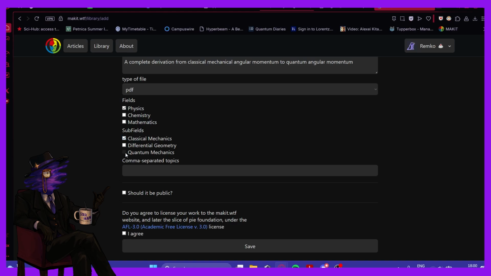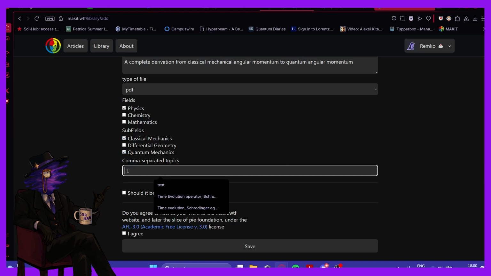This is actually going to be the first resource with multiple subfields, so they might look a bit off. Let's see if it works. Let's see what it looks like. Then topics. Topics just function to specify it even more, because obviously there are a lot of things that exist in science but aren't fields of science. So, quantum harmonic oscillator is a topic in the subfield of quantum mechanics, in the field of physics. That kind of thing. Beautiful.